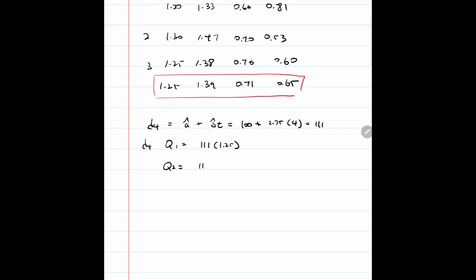Quarter 2 will be 100 times 1.39. Quarter 3 will be 100 times 0.71. Quarter 4 will be 0.65. And it comes out to be